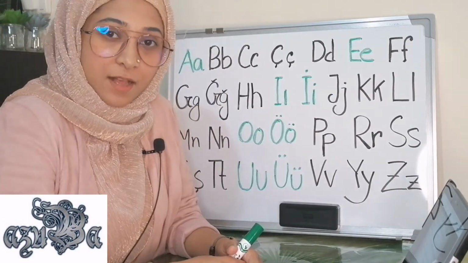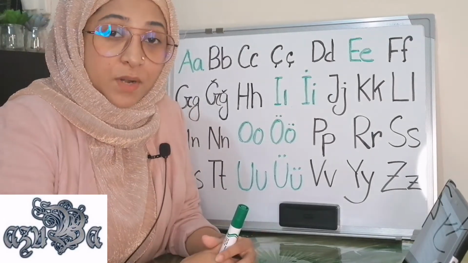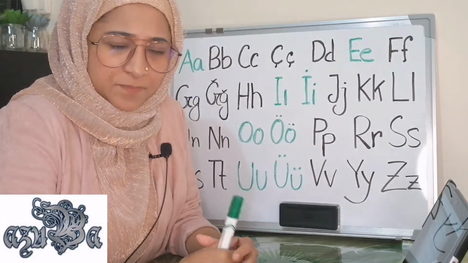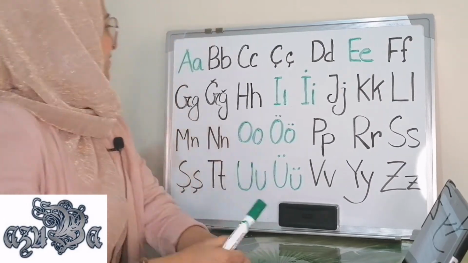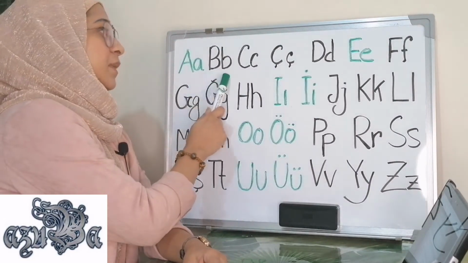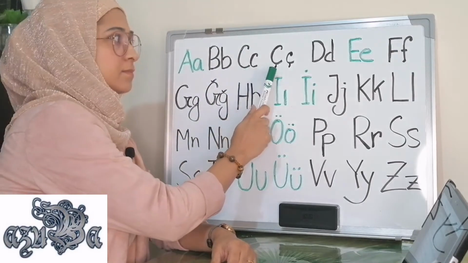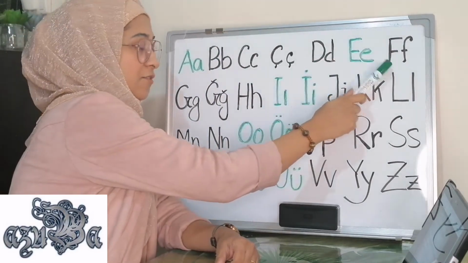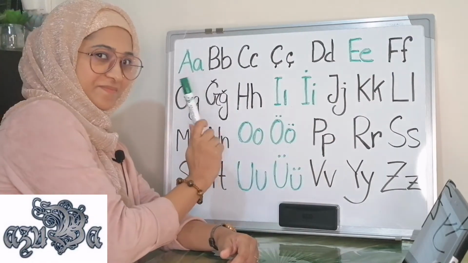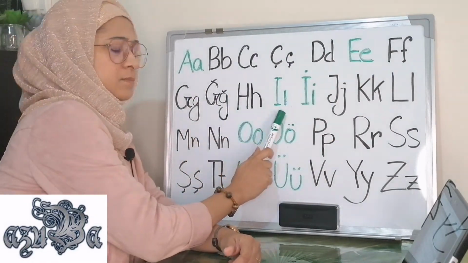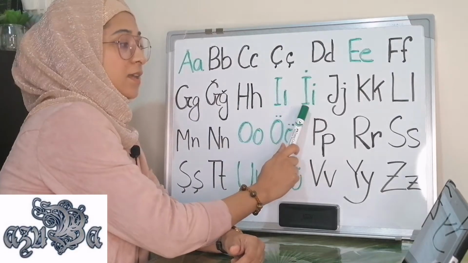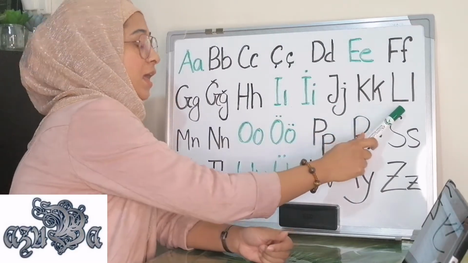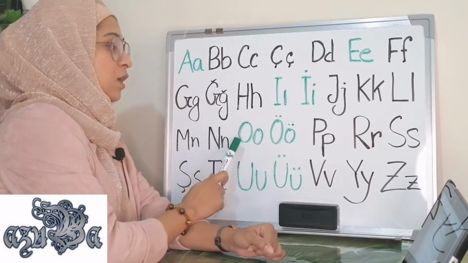Learn Turkish alphabets. But before that, recall the English alphabets. There is a reason. A, B, C, D, E, F, G, H, I, J, K, L, M, N, O,